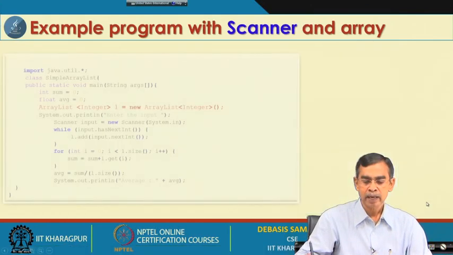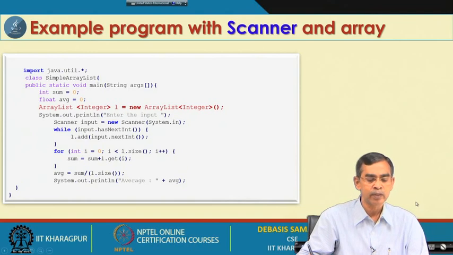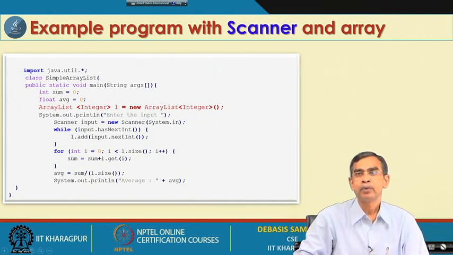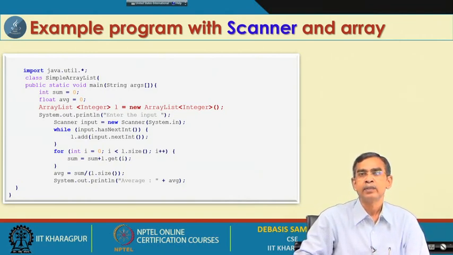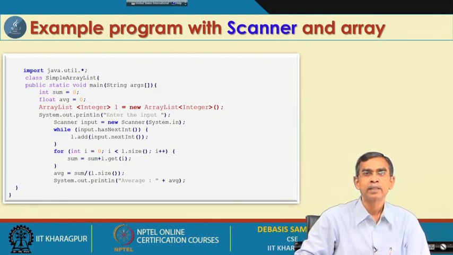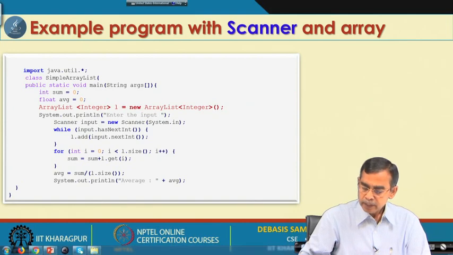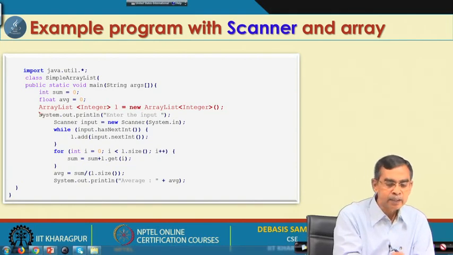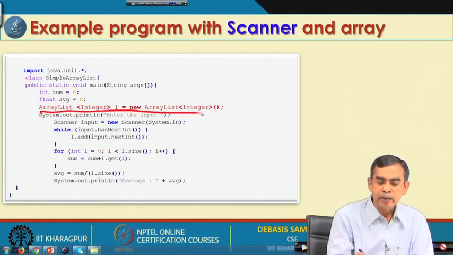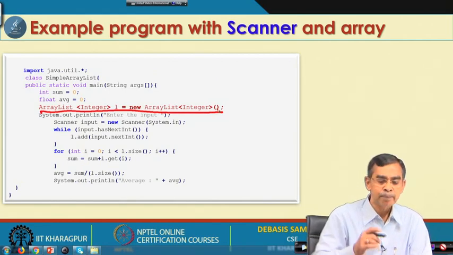This is an example of how it can work. This is the method that we have discussed. Now, in this example we use the Scanner class again, and using it we read a number of elements from the keyboard and store them into an array. Typically this is the new way of defining an array. We will discuss the new definition of this array.